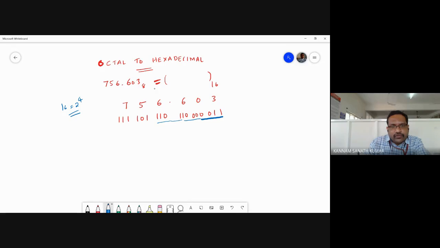So you should combine 4 bits. Here you can add zeros. Okay. So 0, 1, 1. So this is 4 bits. This is 4 bits. This is 4 bits. And these are the 4 bits. Okay. So now this is 3 and this is 8. 1101 is nothing but D, and this is 3. Okay. So the point where you will get.